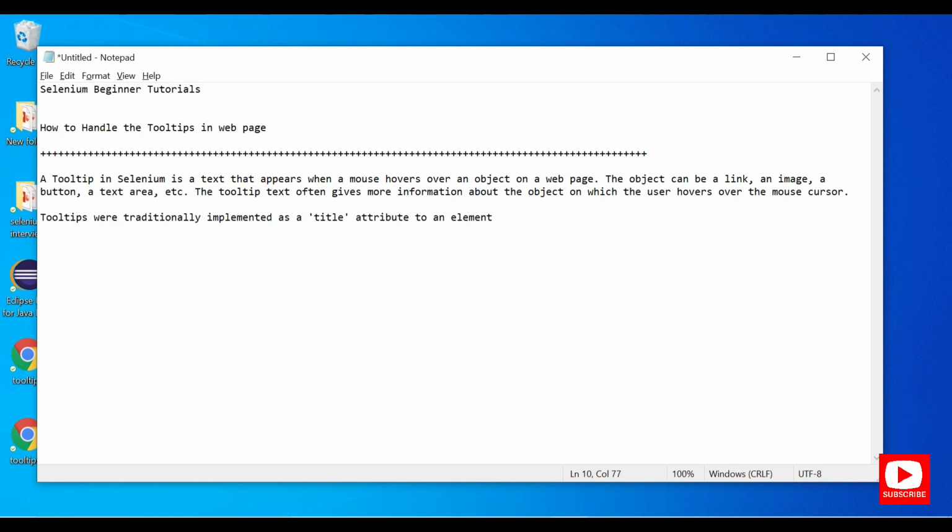Today we are going to discuss how to handle tooltips in a web page as part of Selenium beginner tutorials. So let's get started. So we'll see what a tooltip in a web page is. A tooltip in Selenium is text that appears when you mouse over an object on a web page. The object can be a link or an image or a button or a text area or many different things. And this tooltip text often gives you more information about the object on which the user moused over,